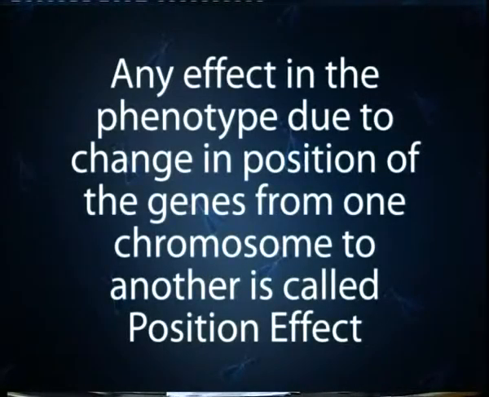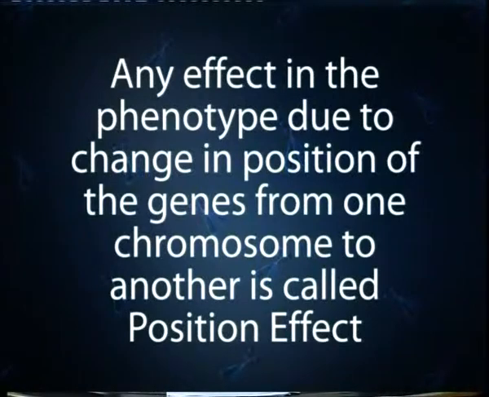As we see, the genes basically perform their normal functions with respect to their fixed positions, because various allelic and non-allelic interactions exist with the help of which these genes perform their functions. So, when during translocation chromosomal segments are transferred from one chromosome to another, this means that the genes have changed their position from one chromosome to another and vice versa. Sometimes this affects the phenotype of an organism, and any such effect in the phenotype which is due to the change in position of the genes from one chromosome to another, we call it as